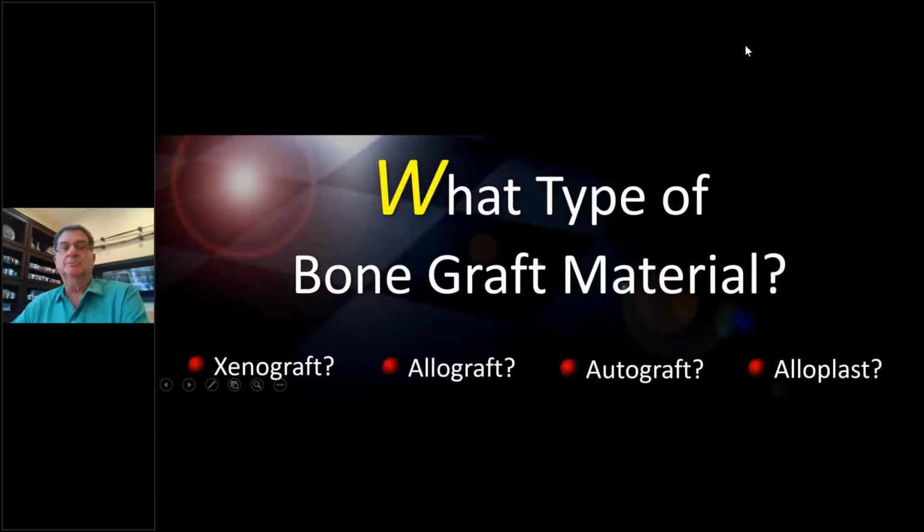Now, what type of graft material is a big question mark? And we're still working on this. It's really a work in progress for a lot of reasons. Elaskary's talking about chips with the big opening. I don't dispute that, especially if he puts something in front of it. But in the soft tissue zone, in the dual zone, I don't want something too thick, because otherwise they become irritating to the tissue. So I want a smaller particle size to thicken the tissue, but where the body can get rid of it, as you'll see. So you can use a xenograft, which I don't mind inside the gap, and use an allograft, autograft, which is autogenous, and alloplast, which is synthetic. And most people use one of these bone graft materials.